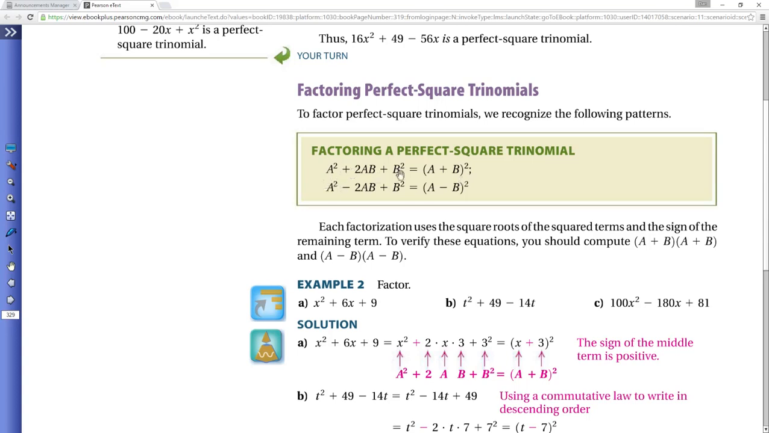If the first and last terms are something squared, and I can multiply those square roots and double them to get the middle term, then I could say this b is, in this case, the square root of 49, which could be negative 7 times negative 7. That's the thing that happens with square roots too: I can multiply the negatives times each other and get my